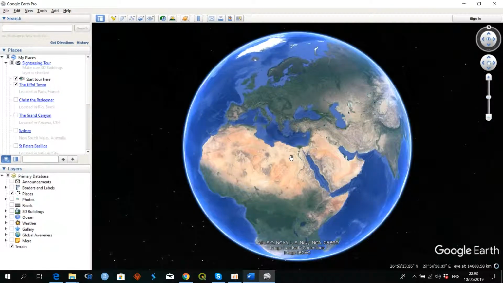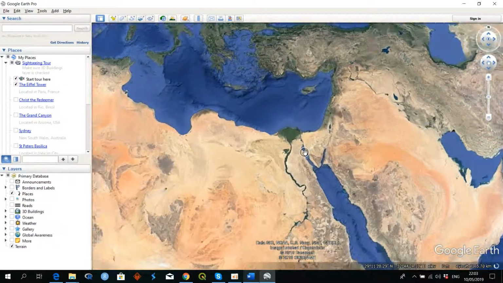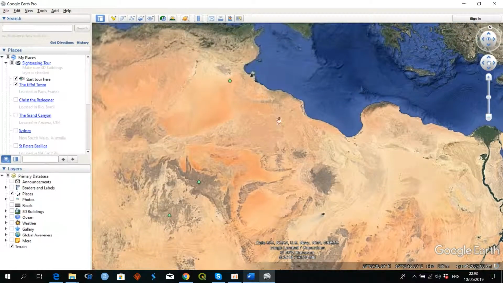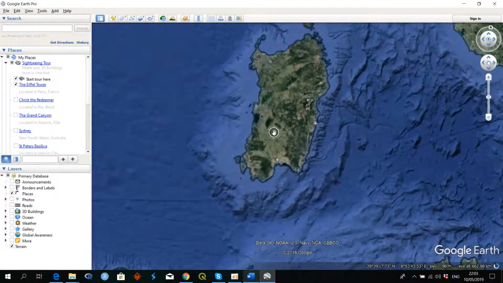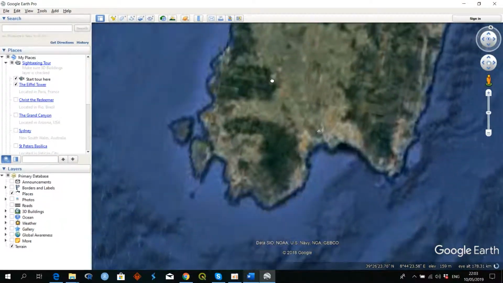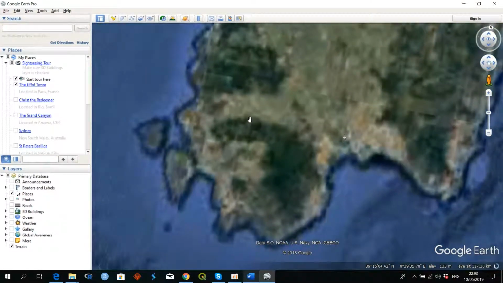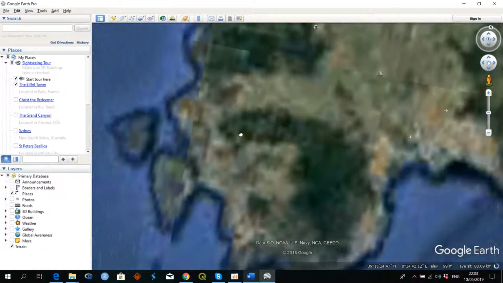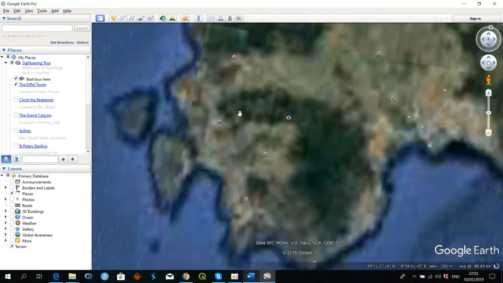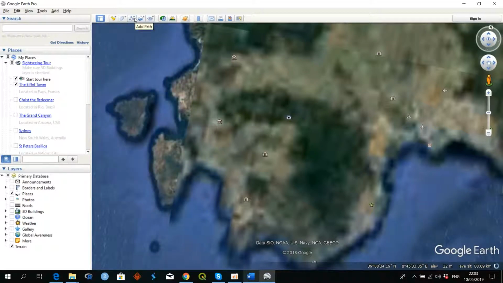So let's say you pick a place where you want to do your elevation, the DEM. You zoom in, you zoom in, you zoom in. So here we have like 88 kilometer, the highest. Okay, we wait until we get the perfect resolution for the image, and then we will click on creating add